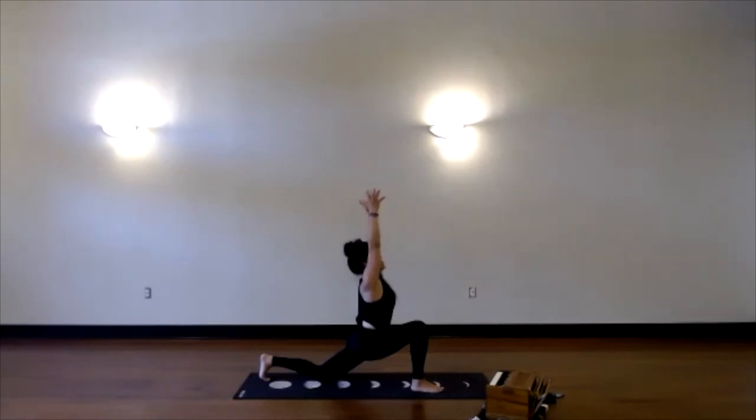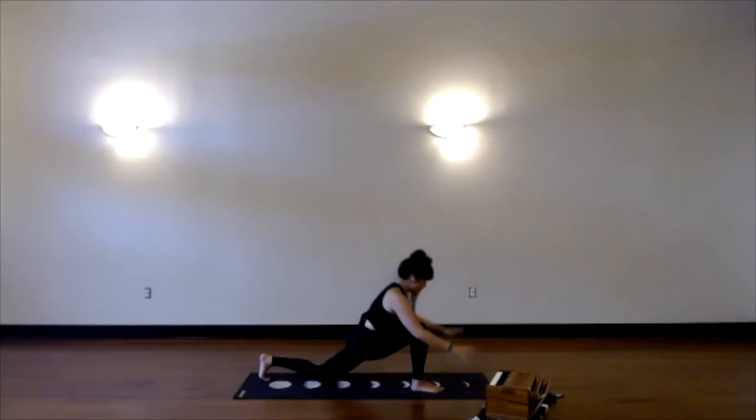Inhale, reach the fingertips up. Maybe the gaze goes a little forward and up. Exhale, bend your elbows, but keep the chest lifted. Inhale, reach forward and up. The neck is not strained. Keep the chest lifted. Exhale, as if to say yes. Good. Hands down, look down, step back, downward facing